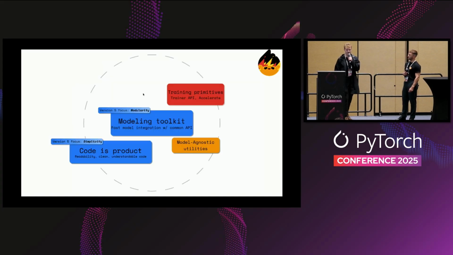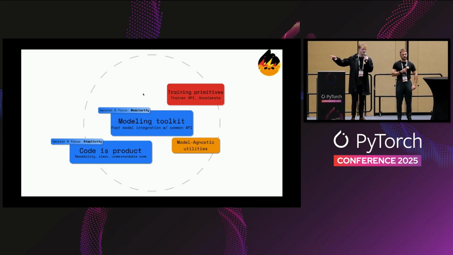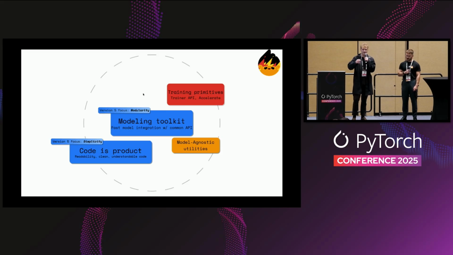This is part of the modeling toolkit idea, where we want to make sure that people who contribute models, but also people who build on top of Transformers as the modeling toolkit, have an easier time finding out what the differences are between a new model, Qwen for example, and Llama. If you just look at the new modeling file, you can say at a glance, okay, the differences are, for example, there's a query-key layer norm, or something like that. This is very important for us because we know a lot of people cannot just use the Python code, but are inspired by the definition of the models.